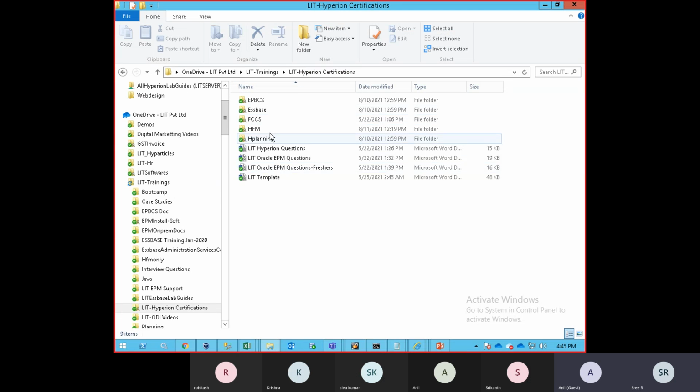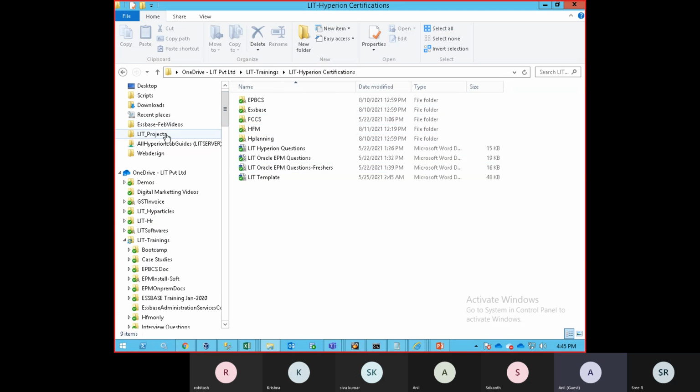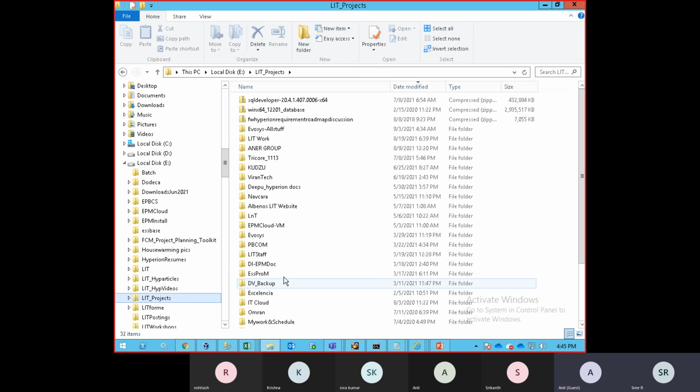But as we are all experienced people, not freshers, how do we fill that gap? From our training, you can manage the 4 years of experience. For example, if you're working somewhere else, you can tell them that you're working on Hyperion itself. If you don't want to use that, I can arrange a vendor, or if you want to use the same company, you can tell them that you got an opportunity with Hyperion in this company and are working on it. That's it.